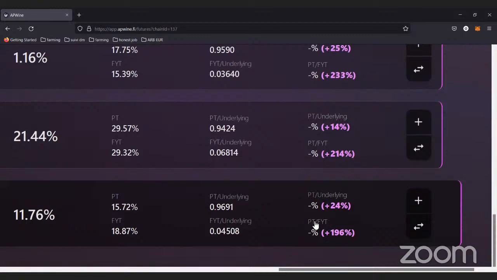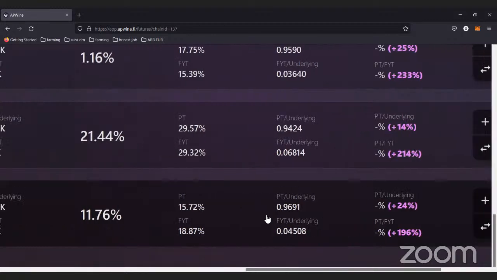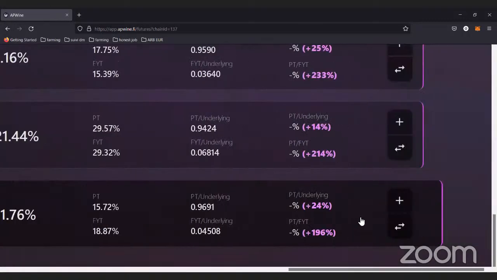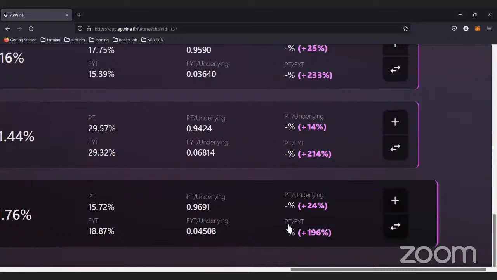And PT plus FYT is not super risky. Of course, there is a risk because there is impermanent loss. Why? Because in the case of the €4 pool, the PT is the 3 months locked €4 token on Bifi. And the FYT is also €4 because if you remember, Bifi accumulates more €4. So basically, this is a €4 pool, but PT is a locked euro and FYT is a yield in euro, which is accruing. So people just go on the AMM, they buy the token blindly, which makes the price of the future yield token go up.